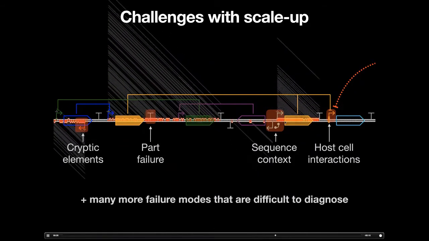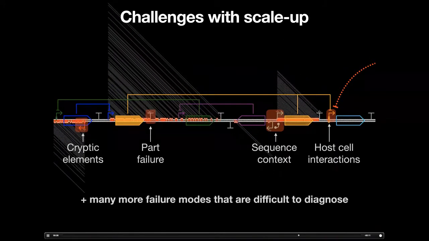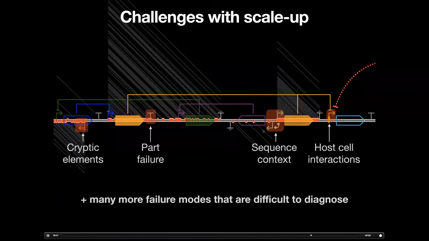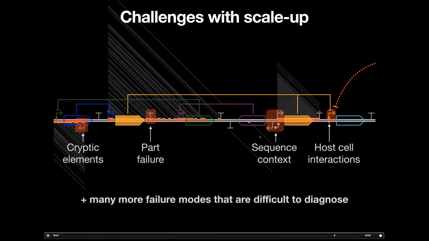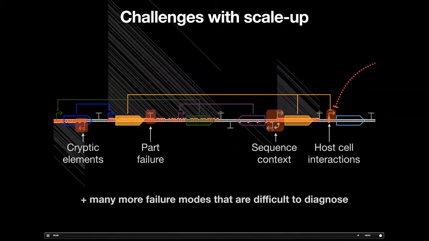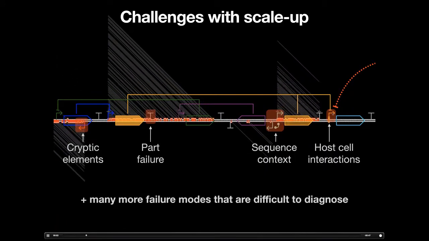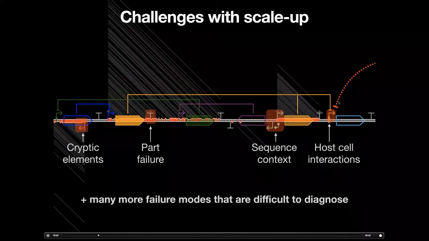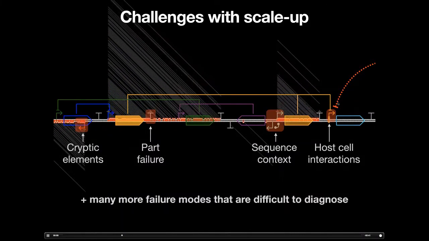Another kind of key effect that we often see are things like contextual effects, where we might have two identical parts, but when they're used in different ways, they end up performing in a very different manner. And that makes prediction of what these circuits do very difficult. And one of the biggest factors at the moment that we find as these circuits scale is that there are often these unintended interactions with the host cell, which can cause the circuit as a whole